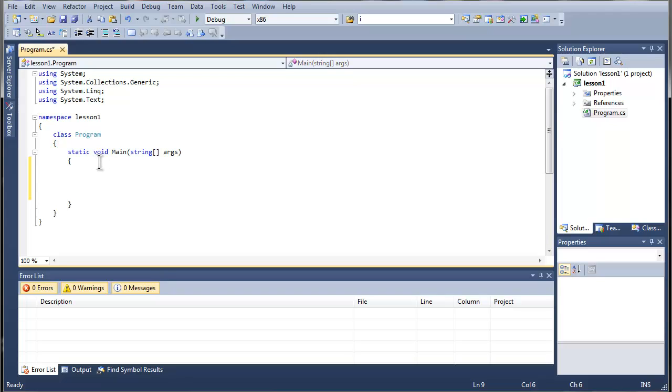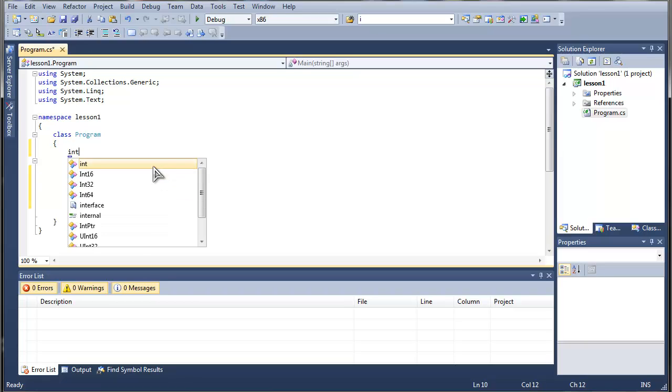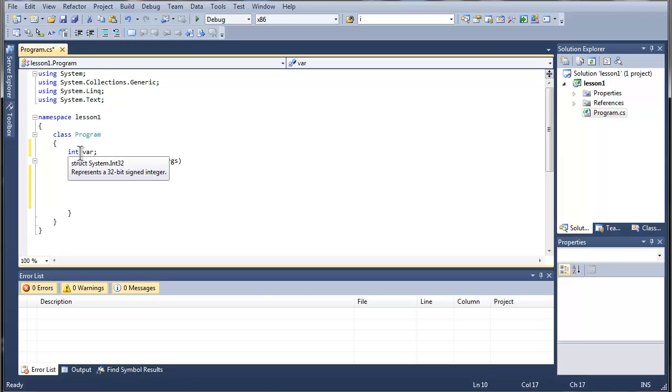A variable is defined like this. Integer var, let's say a. Integer gives the kind of variable and var gives it the name. I can say int a, int b, and int c. Those a, b, c are integers. If you want to go far enough and say you want letters, it's like this: char